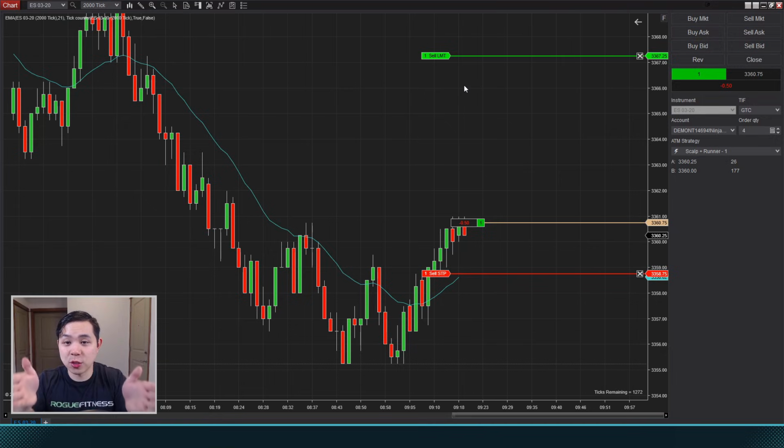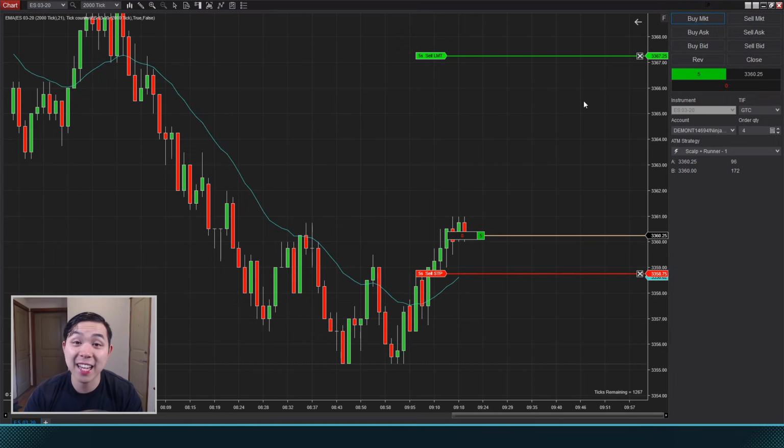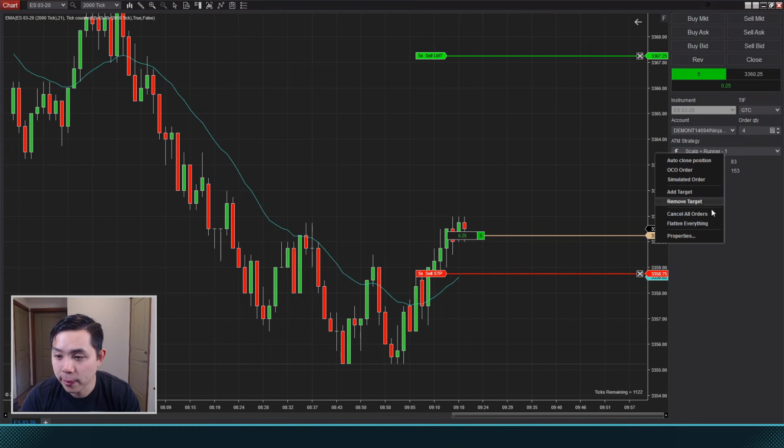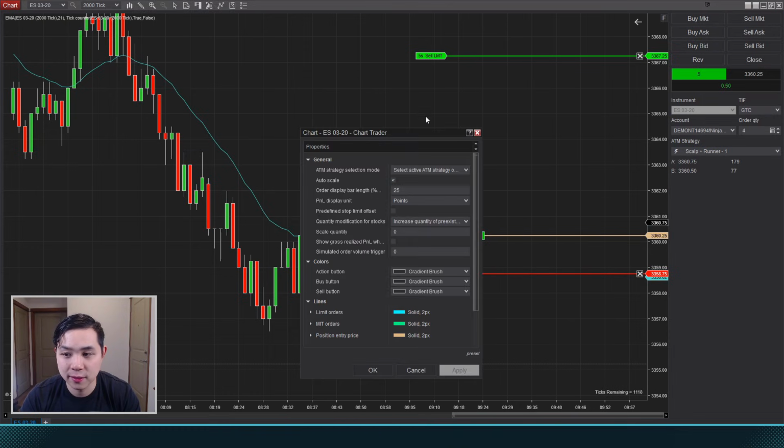So you want to have these two strategies working as individual strategies. Well, if you were to come in and just hit buy market again, it would actually add on those 4 contracts onto your original strategy. So now you would have like 5 runners, and this would not be what you want. So to fix that, we're actually going to have to come in and right click this, hit properties, and